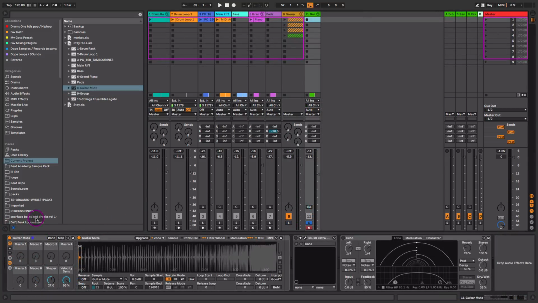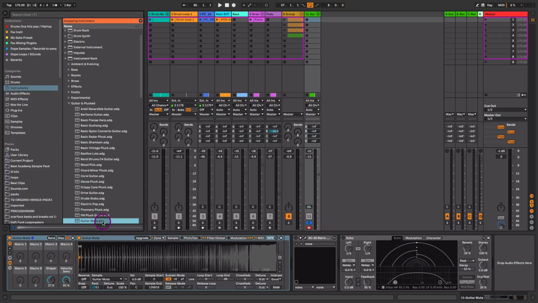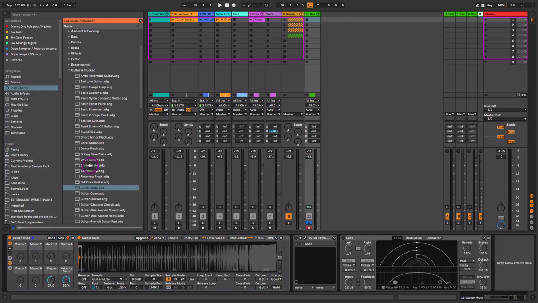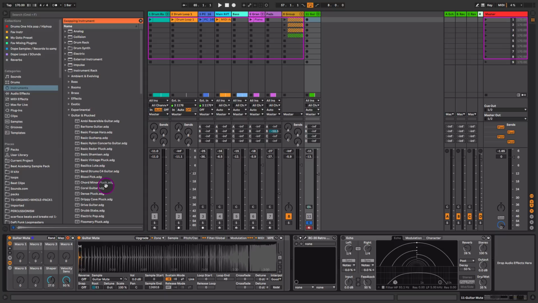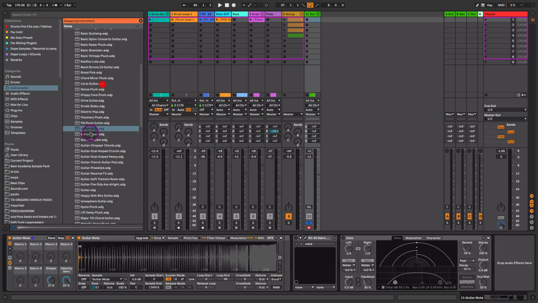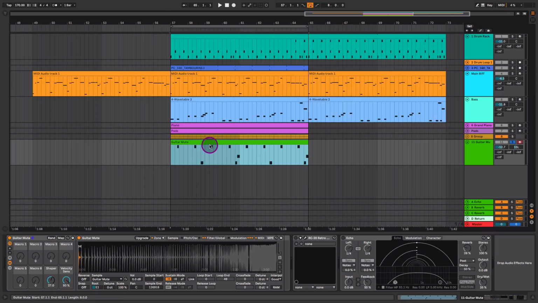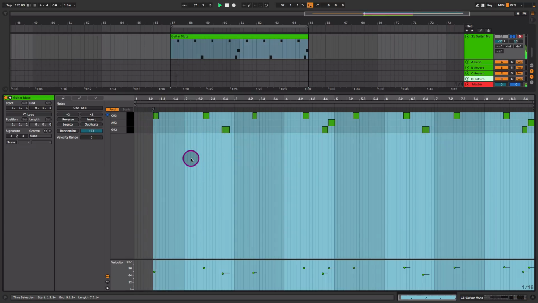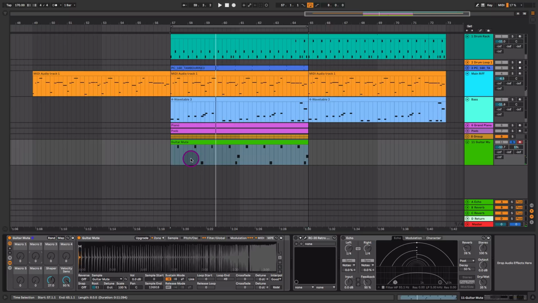Now here I've got an Ableton Live guitar mute instrument that comes with, I think it's an expansion pack here, but under the instrument rack, I've looked at guitar, I found this guitar mute, and it had the right type of tone and texture, so I liked it. And here is the actual riff. Sounds pretty cheesy, but we're gonna do a couple things to actually make it fit right into